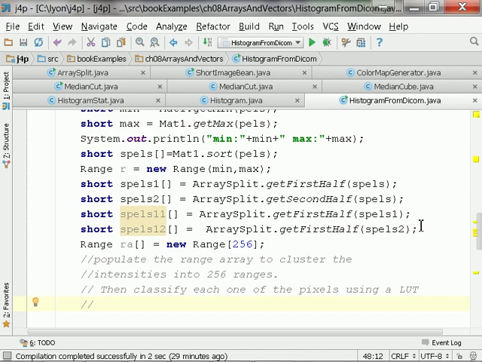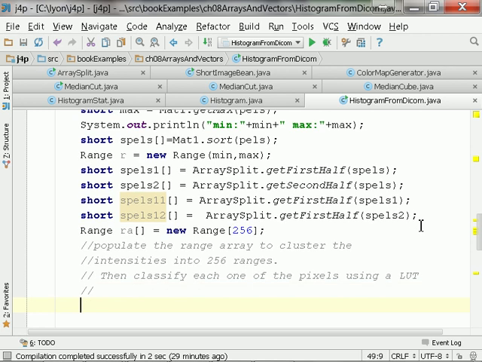So your lookup table is going to have 256 different values, and whenever a value comes in to a specific range, yeah, I mean the lookup table is going to be like this. Short LUT of 256